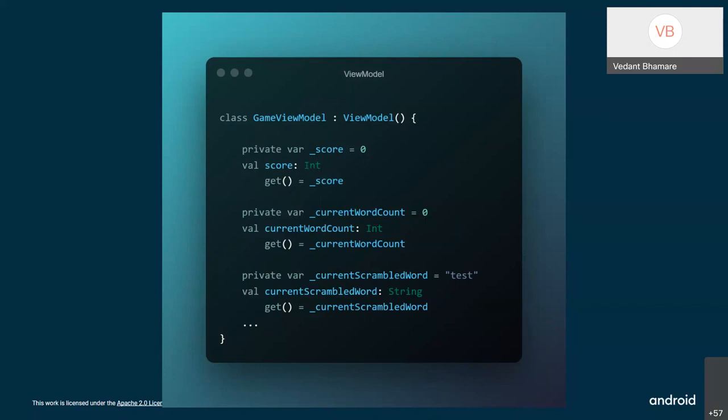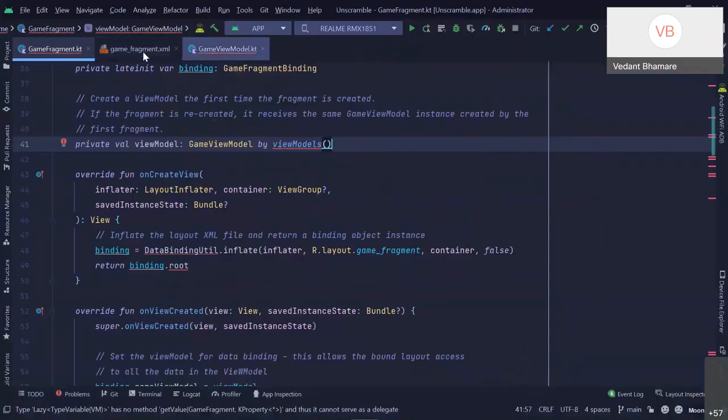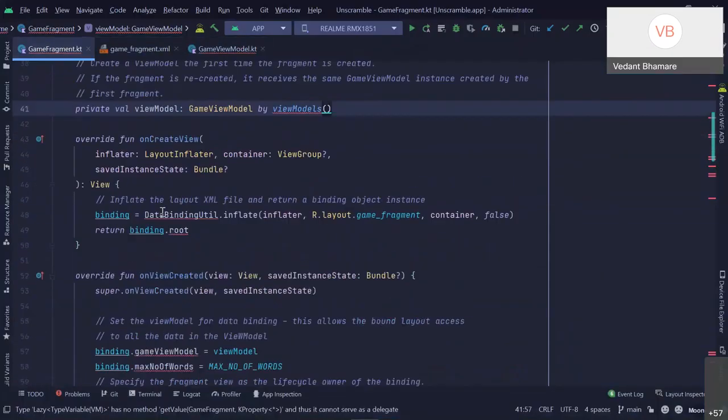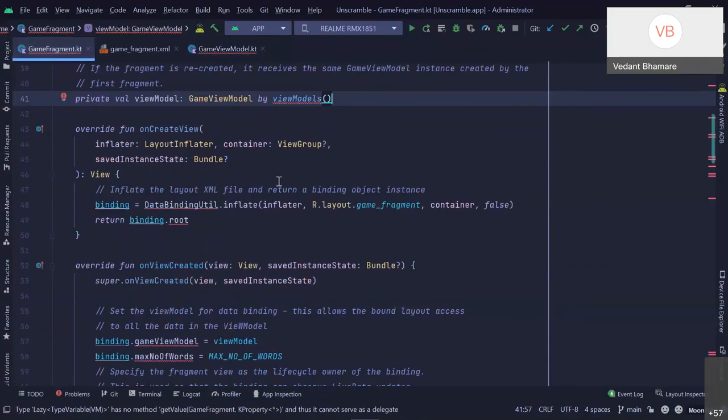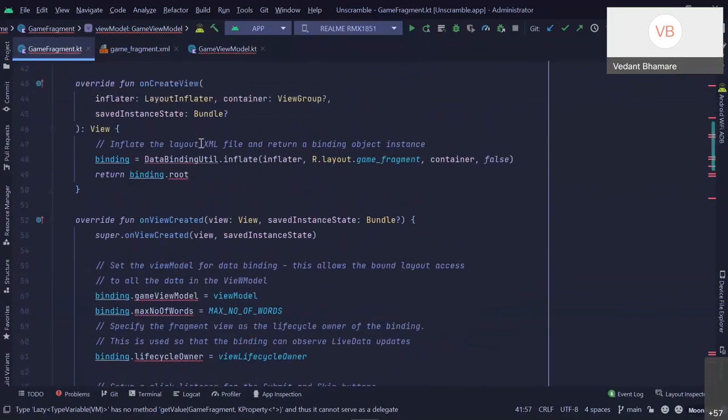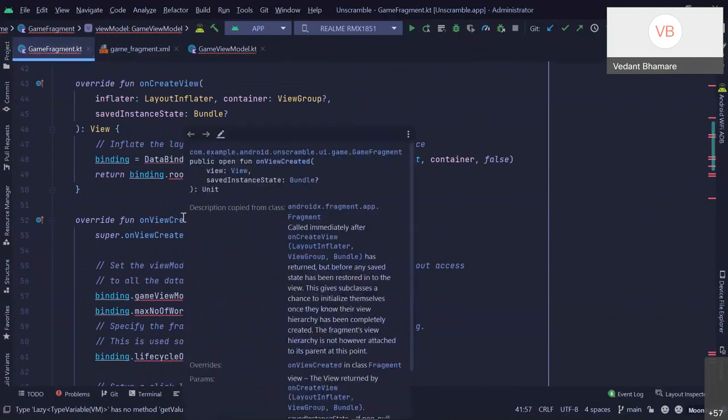So what is it basically? There is a thing called backing property. Consider that I am in this app, and this is the fragment, and we don't want these values to be changed or mutated in the fragment code, like in the UI file. The fragment and activities are called UI files, and these are called data files, because data is stored here, and these are related to UI only. So we don't want to change the values of data through the UI files, we don't want to change anything from the UI file.